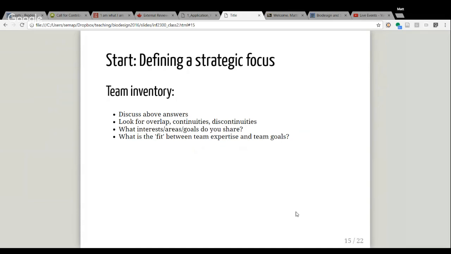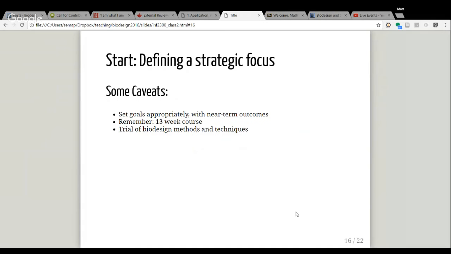So once you've done a little bit of that personal and a little bit of that team inventory, then start thinking about goals. Now, thinking about goals, I want you to remember some caveats. First, remember that you should be focused on near-term outcomes. So your goals as a team should not necessarily be to transform the biomedical industry in some kind of way. Keep them relatively focused, and we of course can talk about this either jointly as a group or with